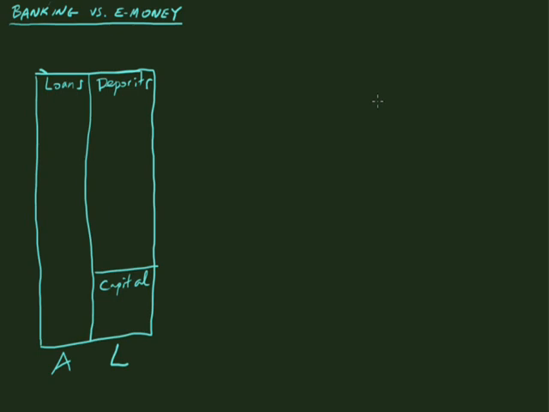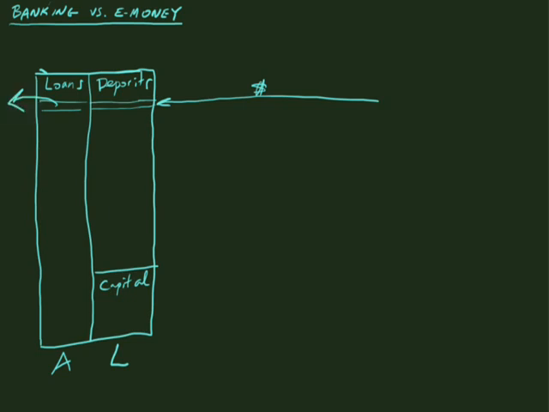As a customer, then I can deposit a little bit of money into my account, and now this is my sliver of their liabilities that has my name on it. This is money that they owe me. With this money, they can then loan it out to someone else. They'll make money if the interest rate on the loan is higher than the interest rate they're paying me on the deposit, and if enough loans get repaid.